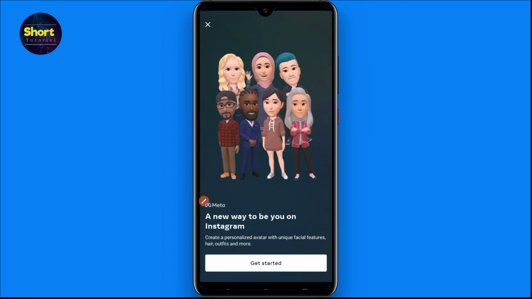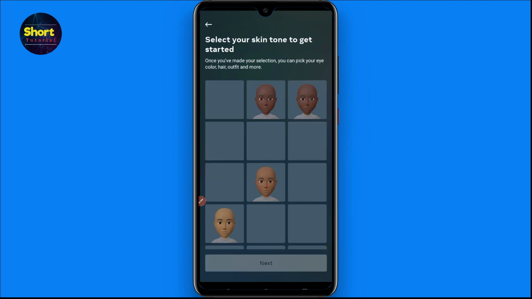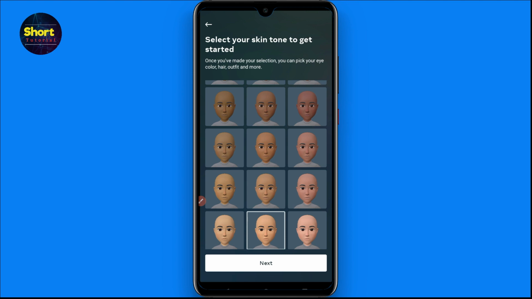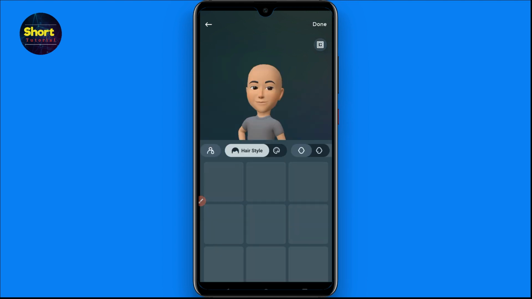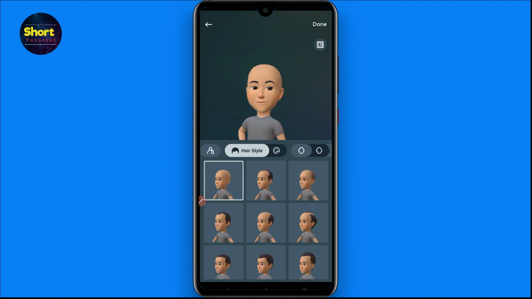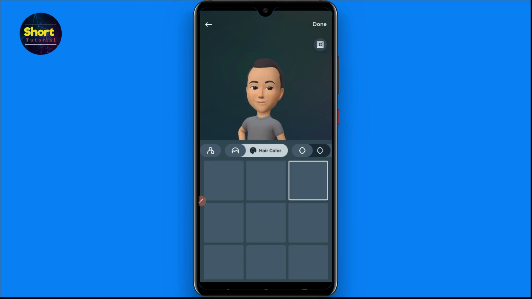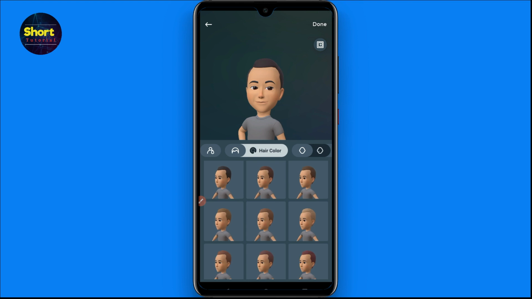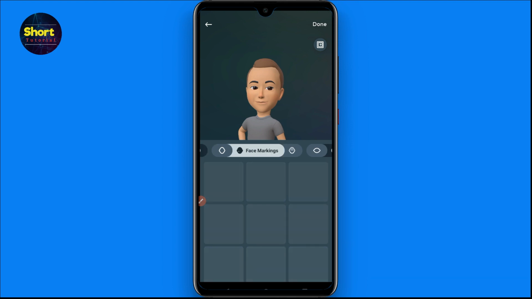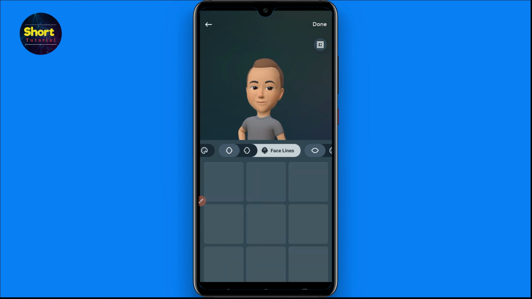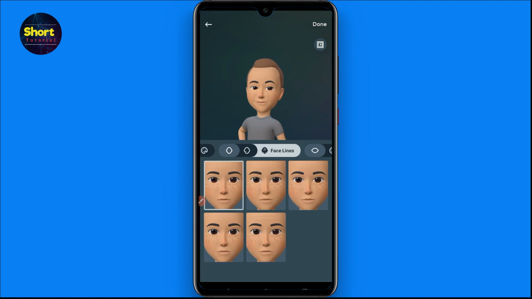Once you do it, click on Get Started, and from here select your skin tone and click on Next. After that, select your hairstyle. You can also change the hair color from here. Once you do it, you will get more options like face markings and face lines,